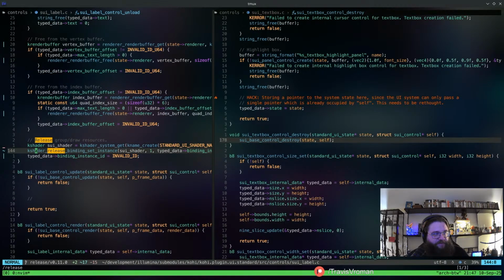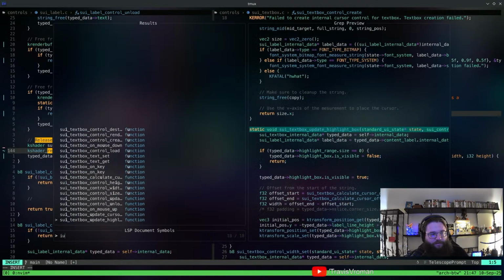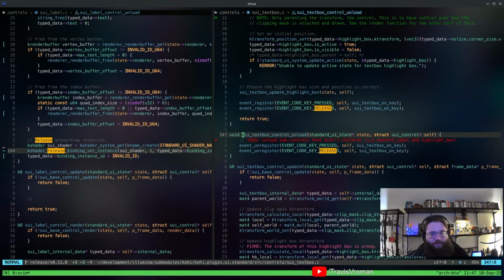Releasing the binding set instance should be happening in... Do we not have... Oh, it's because it's subcontrols. Right. Okay. I'm not going to worry about it for now.